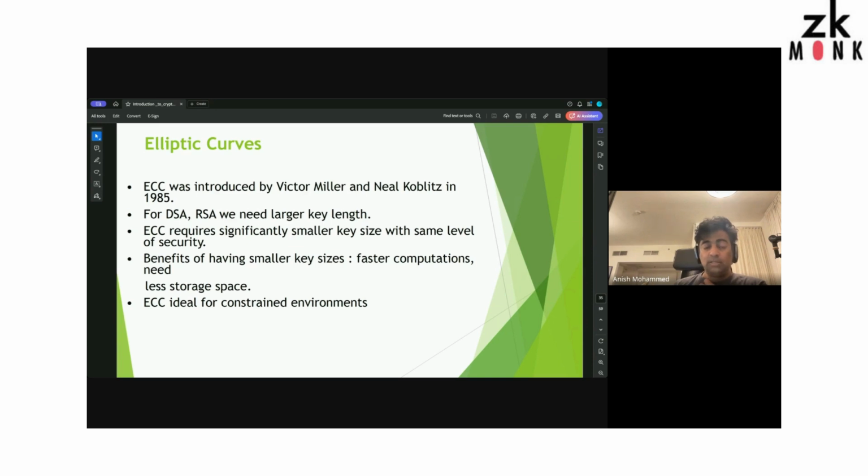Victor Miller and Neal Koblitz were the people who actually came up with this. For a given security in terms of key length, elliptic curves give higher security than RSA and DSA. RSA is Rivest-Shamir-Adleman. Given a very large number n, find the two prime factors p and q. So that's ED congruent to 1 modulo (p-1)(q-1). I can't remember exactly what it was. There's a direct relationship between the two, so that once it's broken, you can actually find E and D. That's what it means, right?